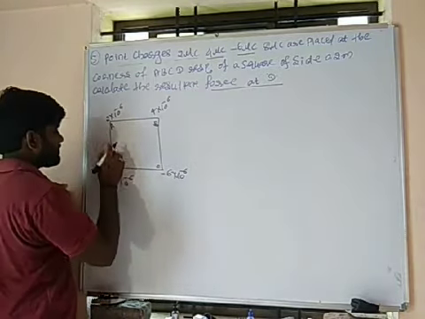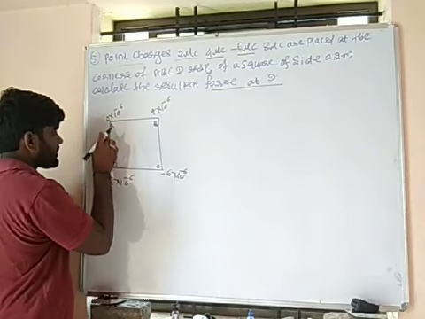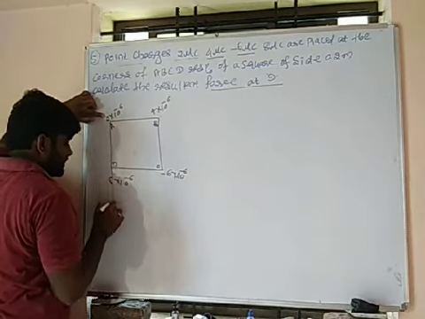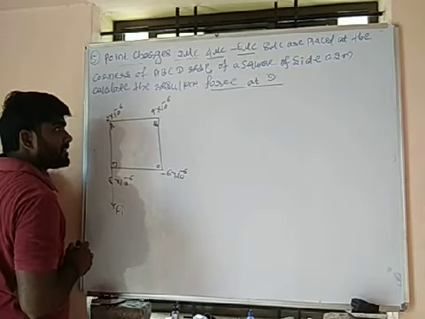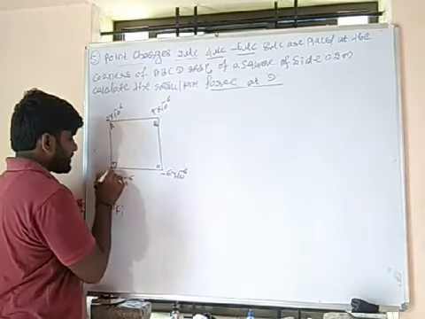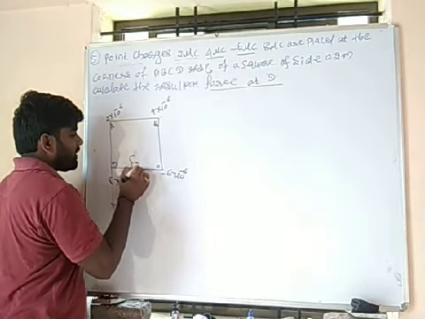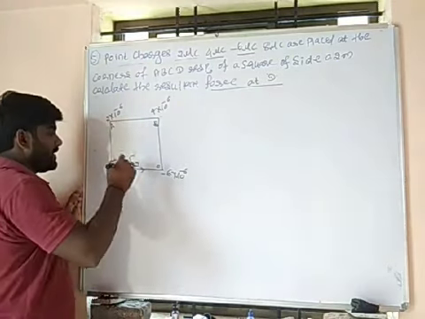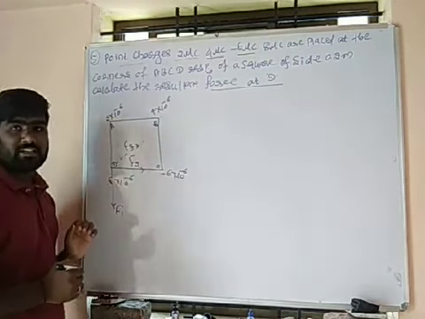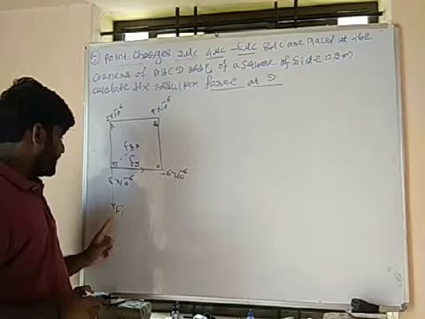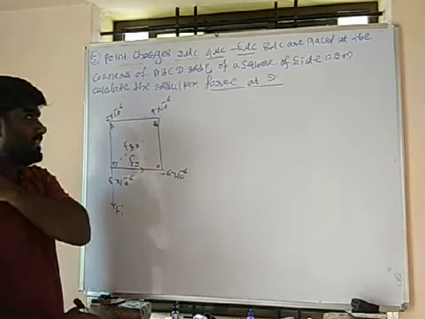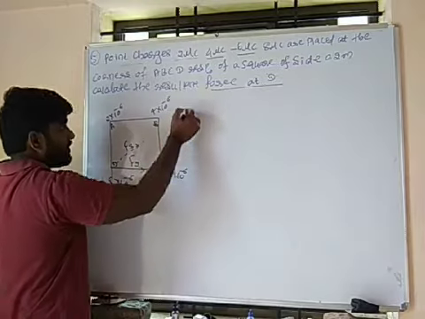Do it very fast. First force I am taking plus. So F1 will be along this direction. Then minus, F2 will be along this direction. Okay. Then one more force. This F3 will be along this direction. First calculate F1, F2, then F12. After that add with this. So I will solve here.